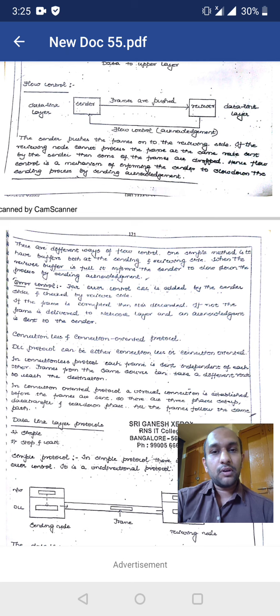Once the buffer is full, it will send the data. First the data from the sender is sent to the buffer, and from the buffer to the storage device of the receiver system. So once the buffer is full, it will ask the sender system to reduce the speed of the data. This is done by acknowledgement. It will send an acknowledgement and it will intimate the sender. So this mechanism is done in flow control. And the third one is